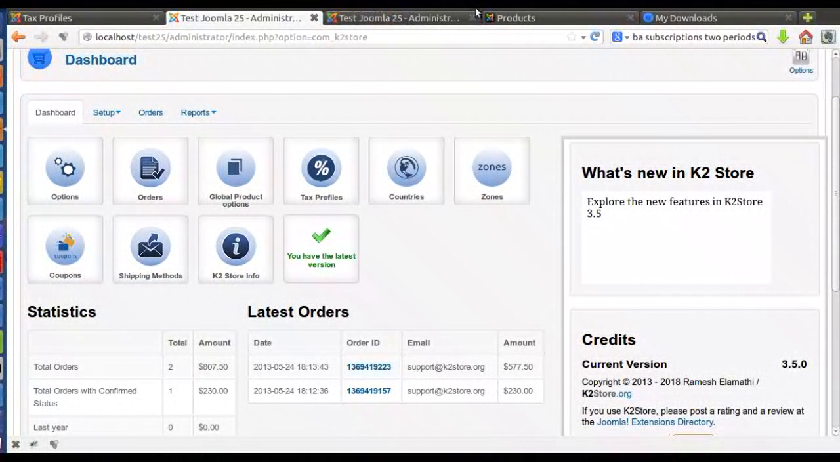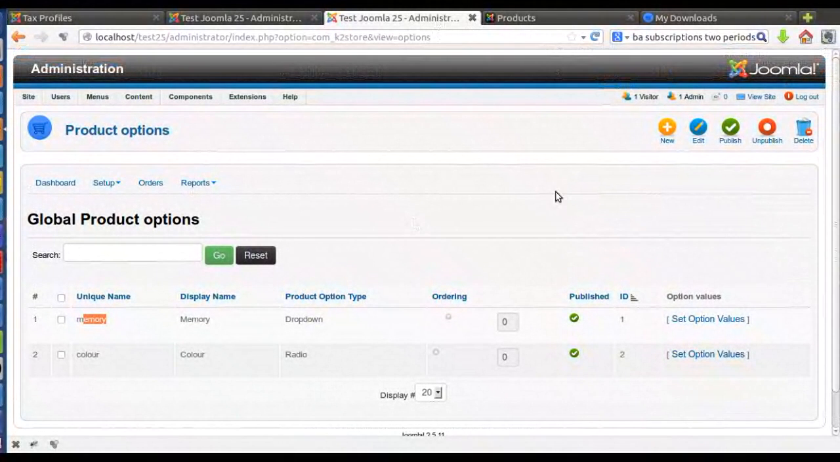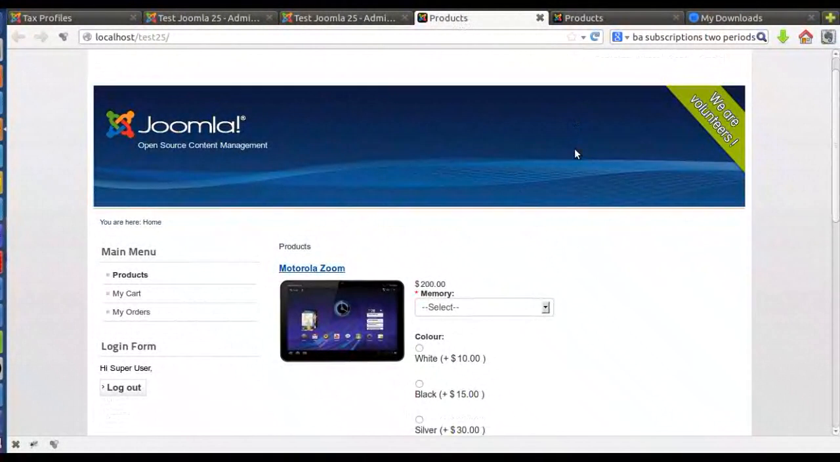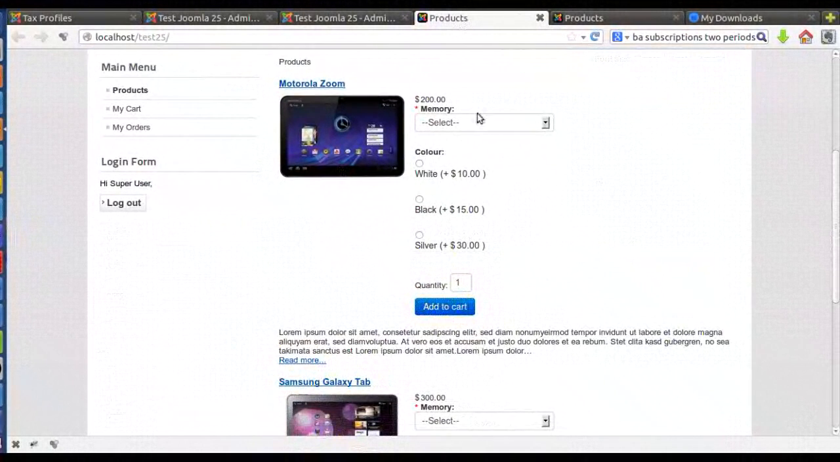Right. Let us see how our front end, the storefront, looks. See here. This is the storefront. I know we have just migrated from 3.0.3 to 3.5,